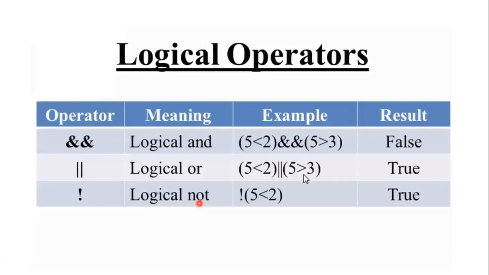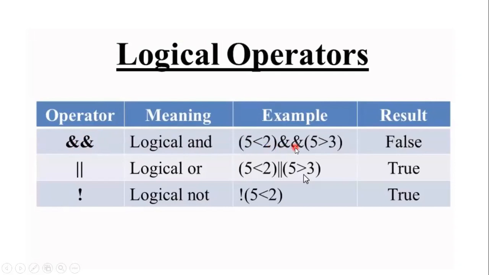Then logical operators. There are 3 kinds of logical operators available in C++: and, or, not. So we have used double ampersand here, the logical and. These logical operators are used to combine relational operators. For example,